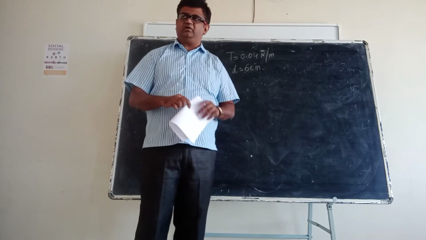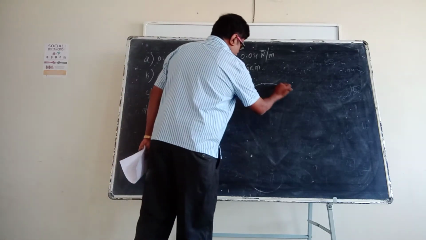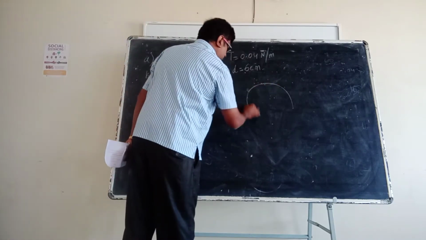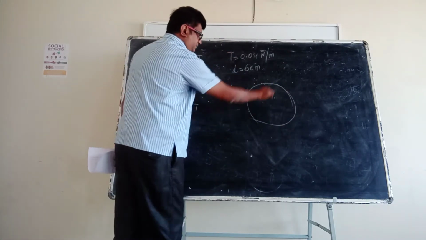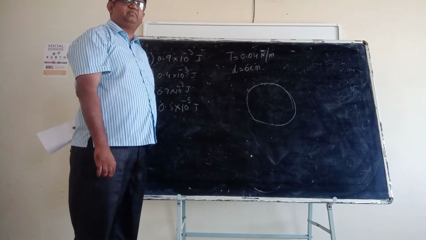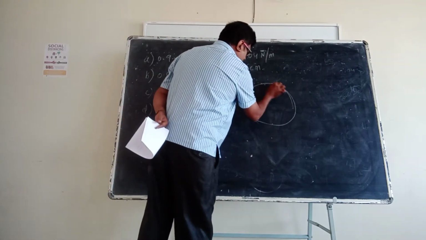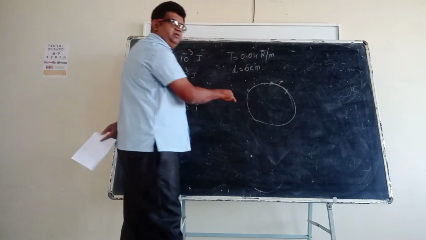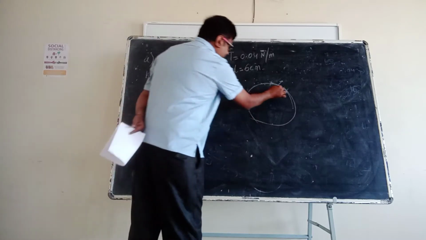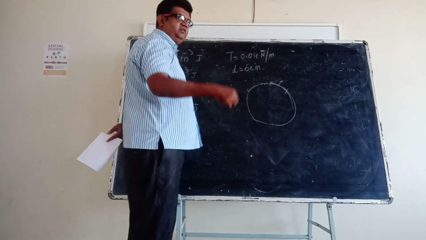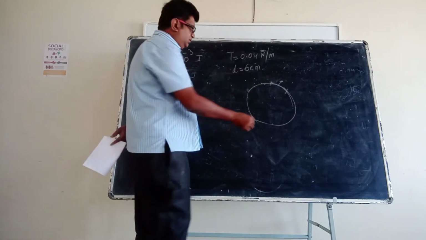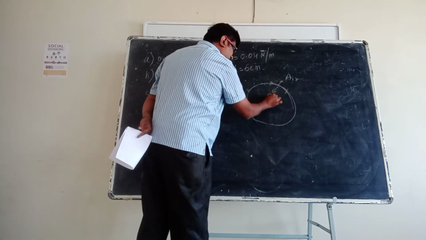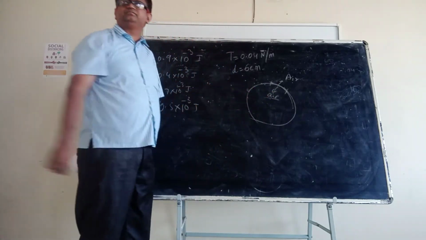surfaces. Suppose I take this as a soap bubble, okay, this is my soap bubble, right? Inside there is a pressure, outside there is a pressure. If I take a small element, it is in contact with the outside, right? And outside it is in contact with air. And inside also there is a surface which is in contact with the air trapped inside.